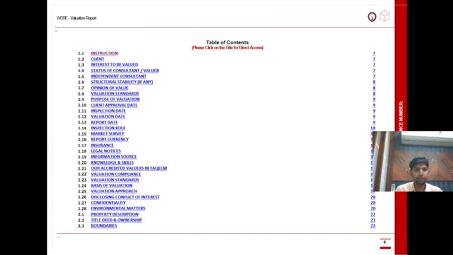Client approval date, inspection date, valuation date, report date, inspection rule, market survey, report currency, insurance, legal notices, information source, knowledge and skills, our accredited valuer and scheme, valuation compliance, valuation standards, basics of the valuations, valuation approach, disclosing conflict of interest, confidentiality, environmental matters, property descriptions, title deeds and ownership, boundaries,